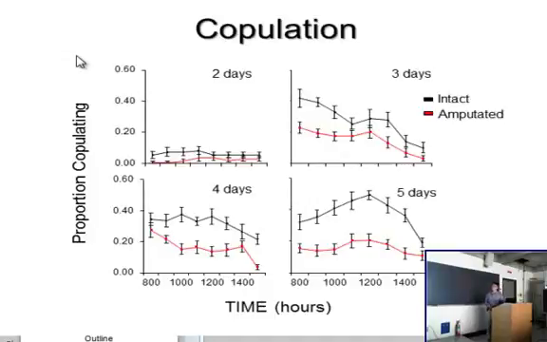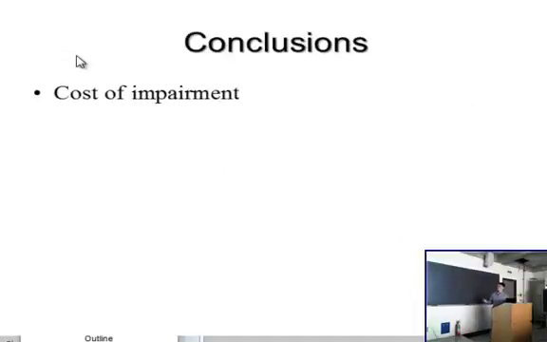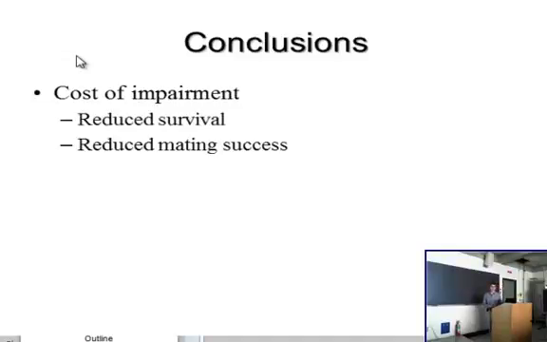And so that female choice is really important, and if you're damaged, these males aren't increasing the reproductive effort, and they're also losing this ability to attract mates. So in closing of this section, again, the cost of impairment is that reduction of lifespan, but it also reduces the fitness of the organism.